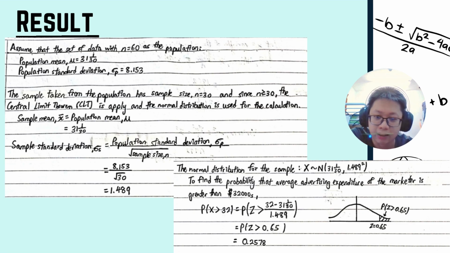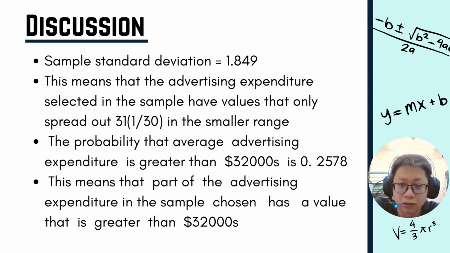So that is 1.489. To find the probability that the average advertising expenditure of the marketer is greater than $32000, we find the probability of the Z score greater than 32 minus 31 with the fraction 1 over 30, over 1.489. So it is the probability that the Z score is greater than 0.65, and the answer is 0.2578. From the result, we know the sample standard deviation is equal to 1.849, and this means that the